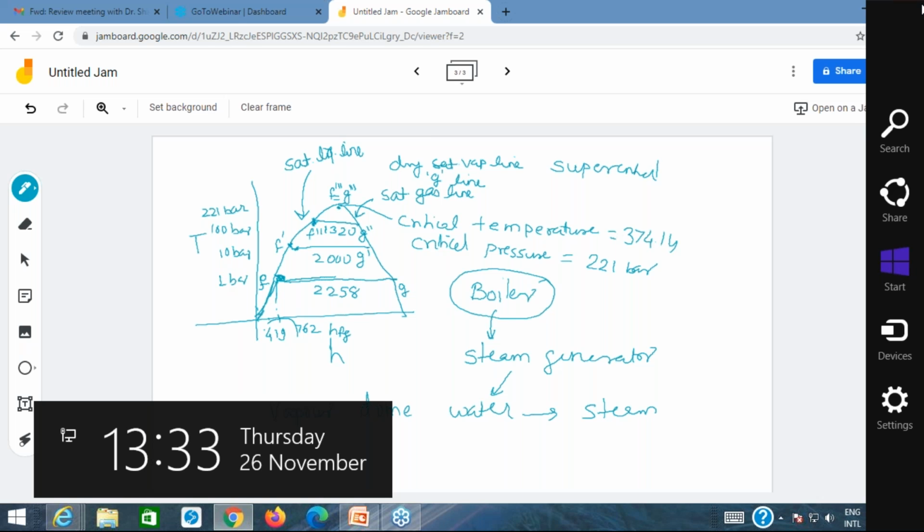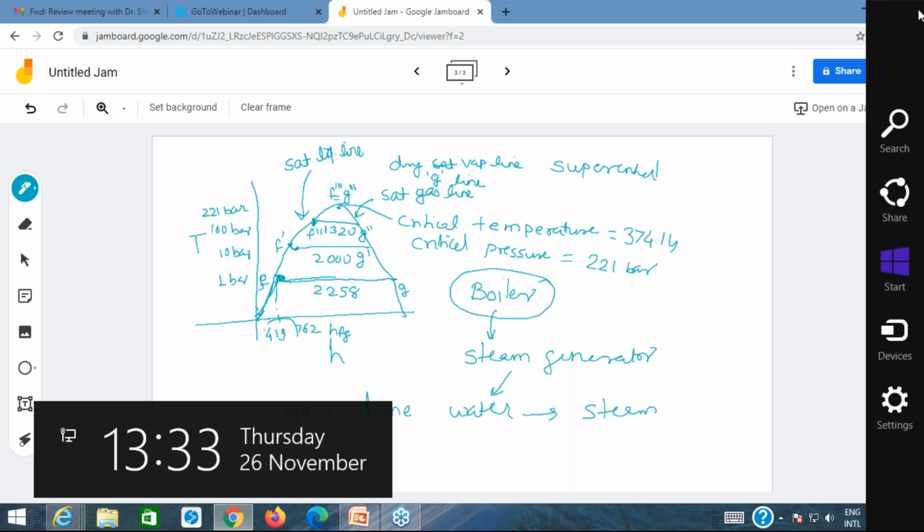As I told you, people now no longer use the term boiler because you might generate steam without boiling. So boiler can sometimes be a misnomer, especially when talking about steam generators operating above the critical point. So what is the critical point? It is a temperature and pressure at which steam is formed without boiling, or in other words, the latent heat of vaporization is zero at the critical point. This you have to understand.